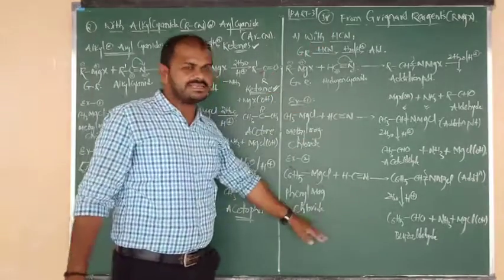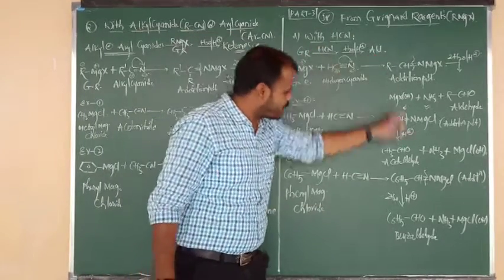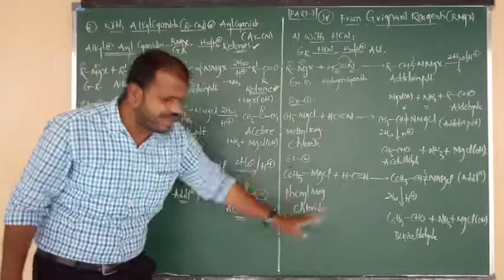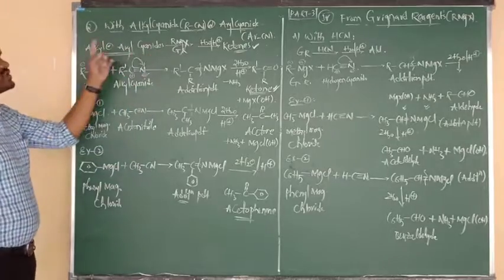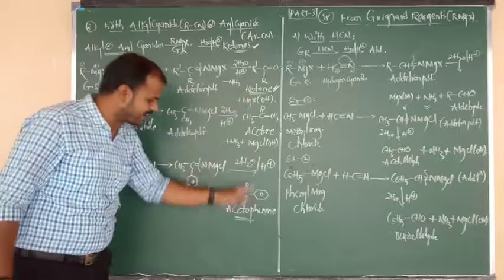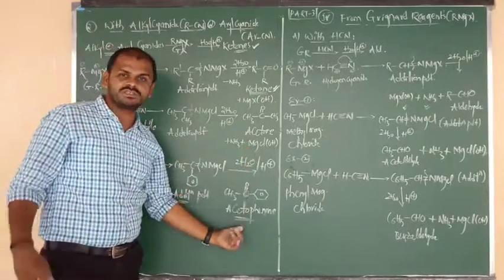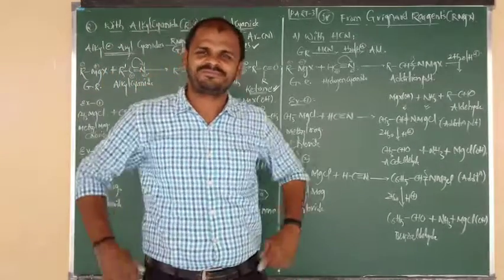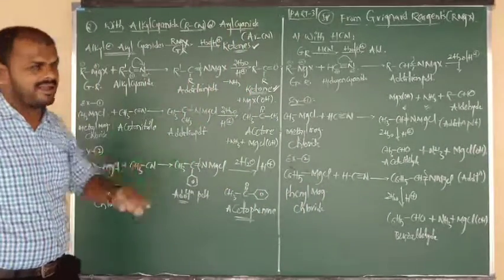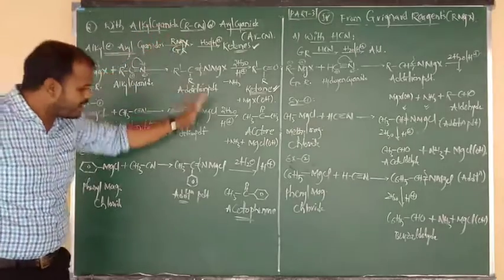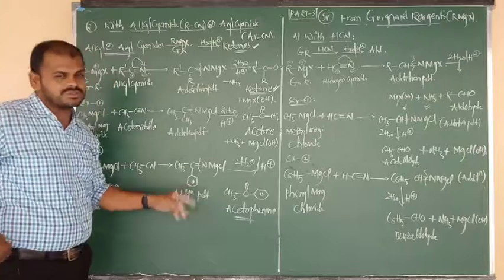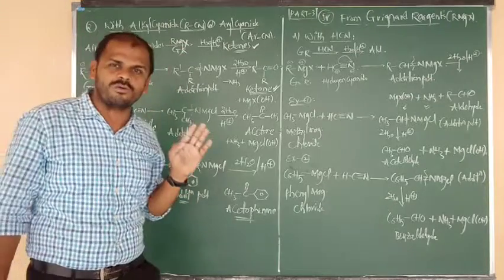So Grignard reagents on reaction with hydrogen cyanide, followed by hydrolysis, give the product: aldehyde, aliphatic and aromatic. Grignard reagents on reaction with alkyl or aryl cyanides, followed by hydrolysis, give the product ketone, like acetone, acetophenone and benzophenone. So from hydrogen cyanide we will get the aldehyde. From alkyl or aryl cyanide we will get the ketones. So the preparations of aldehydes and ketones from Grignard reagents are now over.